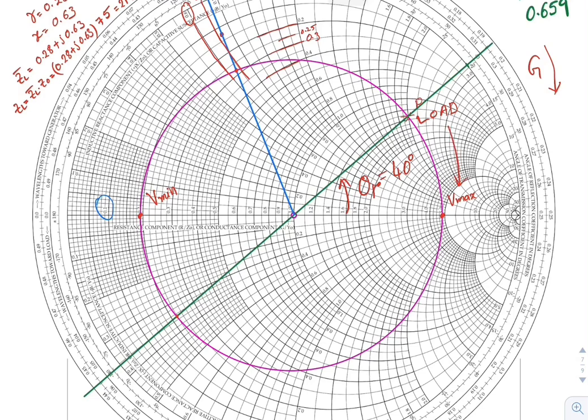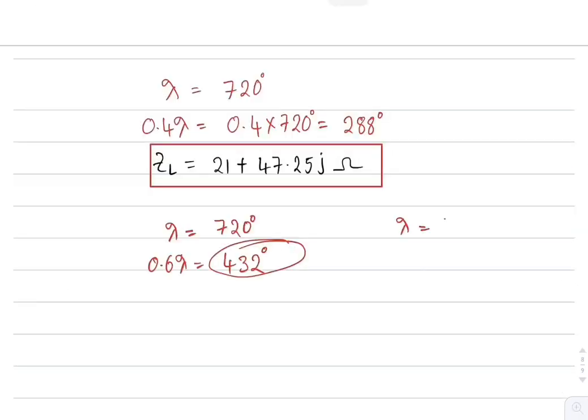Now you have to find out 40 degrees corresponds to what amount of lambda. Lambda represents 720 degrees. Let us say lambda dash represents 40 degrees. That implies lambda dash by lambda equal to 40 by 720,